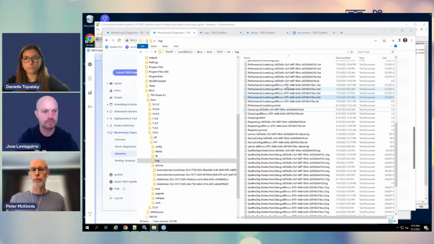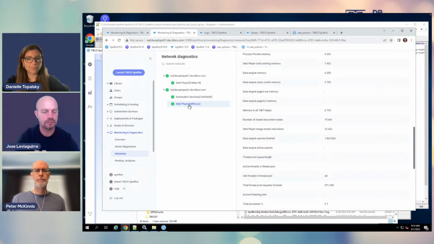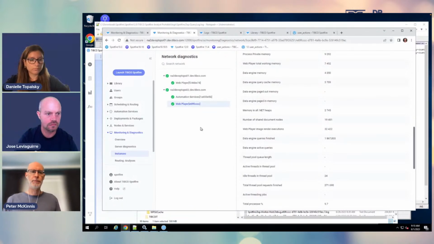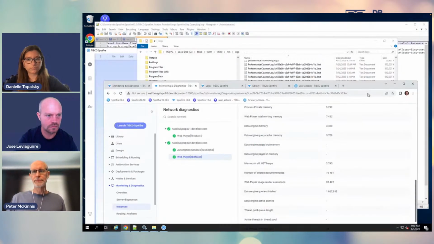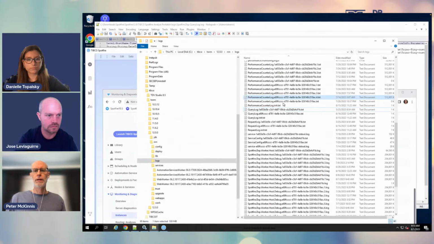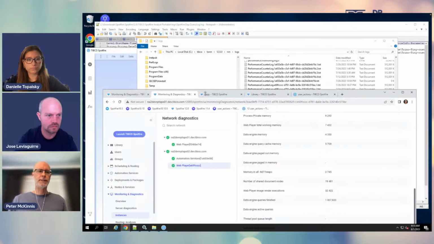Again, these are historical logs. So these can give you the metrics over time, whereas on the view in here, you just get a snapshot. Right here, this is the beginning of the instance ID. So this will map back to the back end, to the log file you'd be interested in, if you're aware of which instance something occurred on, or if you want to get more details about that. So that matches to this ID right here. You can see that it starts with the E69. That's how you can match it to the instance it's running.